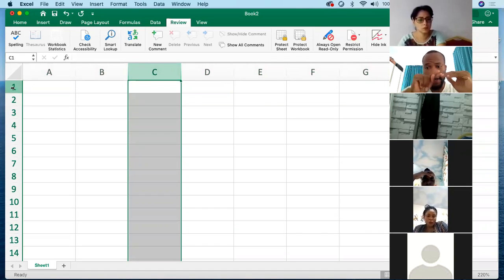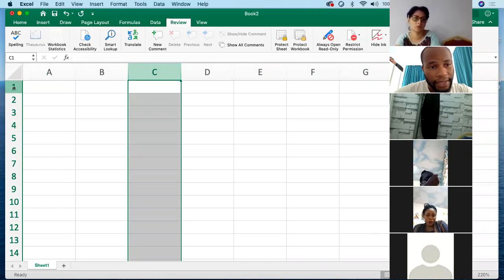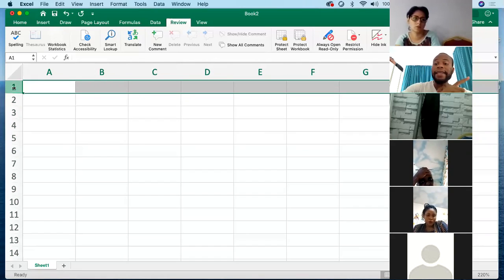It changes to an arrow pointing to the right. That's how you know something different is about to happen if you click or do something. So if I click on this one, I've selected the entire row. So these are called rows and these are called columns. Please let's not forget that. It's very important, especially when you start applying formulas on